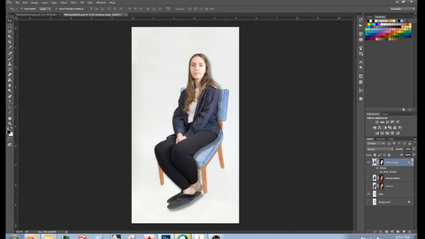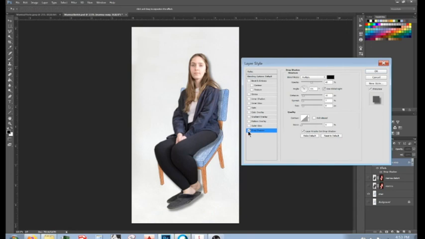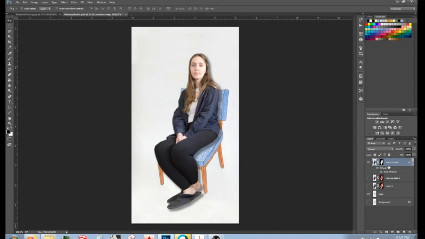And we can turn it on and off. And if we want to, we just double click on the FX. We can edit all of our settings again. Just go down to drop shadow. And there's a whole lot of other settings that you can play with, but for now just the drop shadow is good. So the other way is we can apply the layer mask,